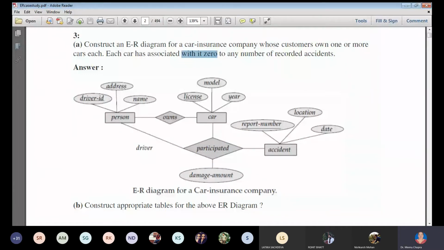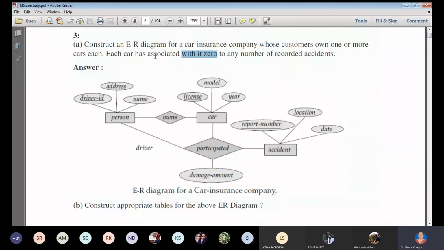Clear class? So this is an ER diagram for a car insurance company, and it can be there. You can show also the cardinality ratios. इसमें नहीं दिखाई गई हैं, but if you can show maximum information, you can score marks. जितना आपका ER diagram self-explanatory होगा, everything is there placed. A person can own many cars. Now here is one or more. Here it doesn't show. So 1:n you can show here as a cardinality ratio. इन्होंने नहीं दिखाई है, but you can show. There is no harm in giving the information.